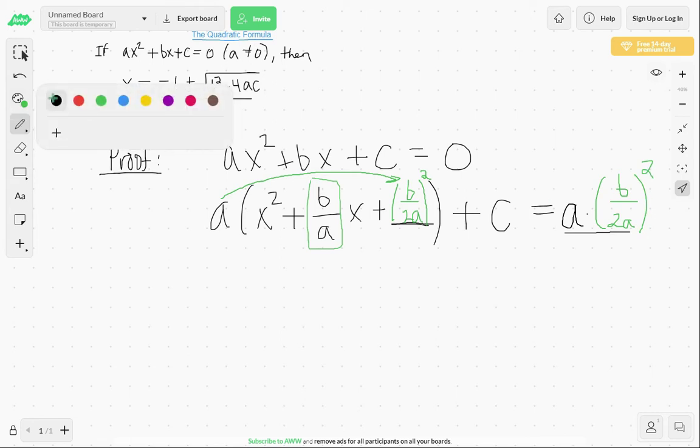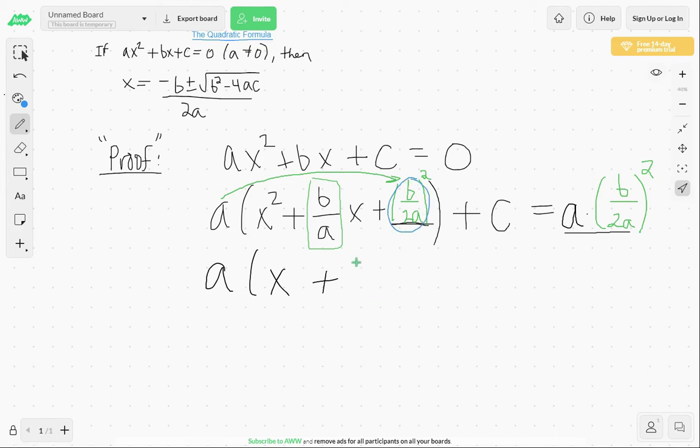All right, now let's think about how this factorizes on the left-hand side. We get a times x plus, and now maybe I'll just, in blue, this is exactly what needs to go here. B over 2a. X plus b over 2a quantity squared